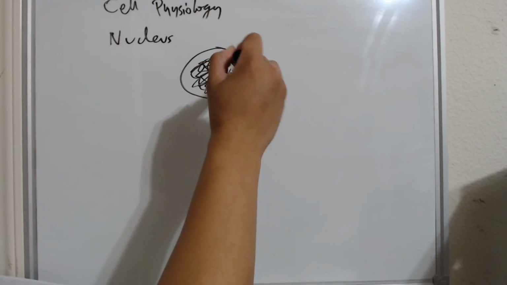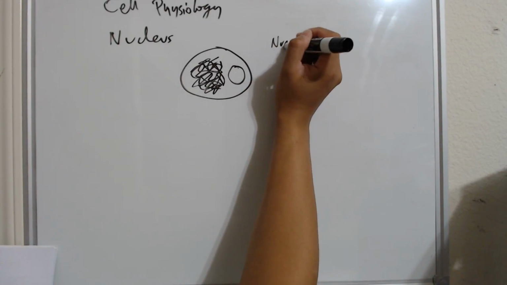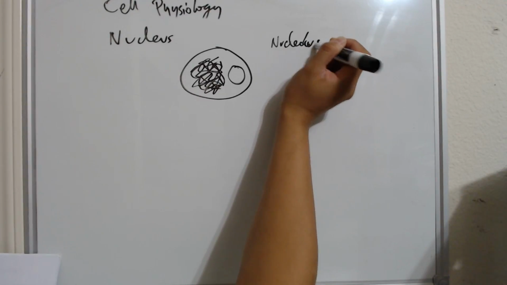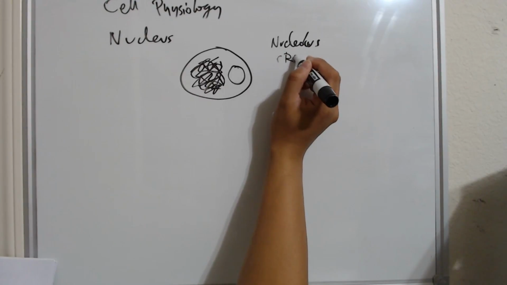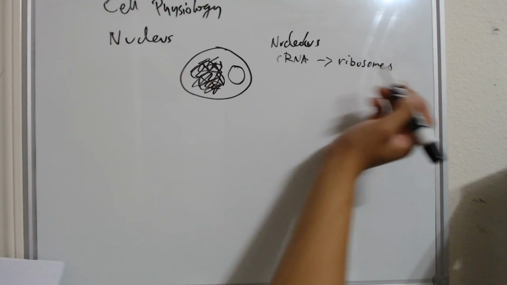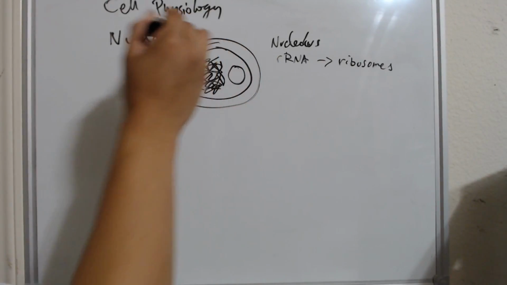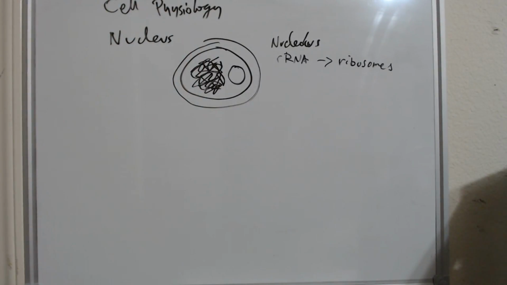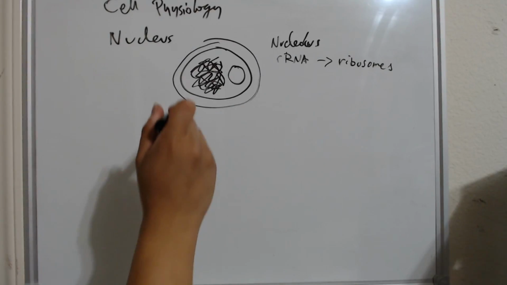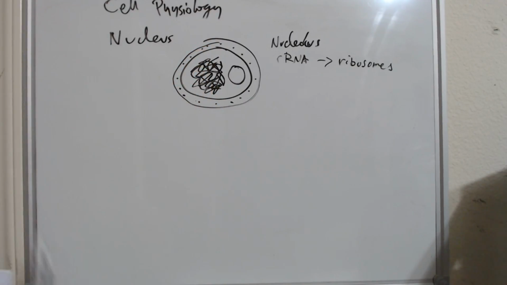And there's a nucleolus. Inside the nucleolus is where ribosomes are made, or RNA, to make ribosomes. The nucleus also has a phospholipid bilayer, and in the phospholipid bilayer, there are what are called nuclear pores to allow small molecules and ions inside the nucleus. Now let's talk about cytosome, or cytoplasm.